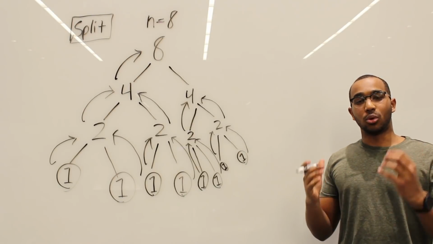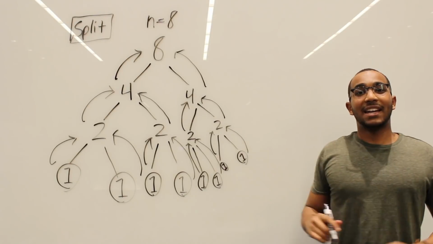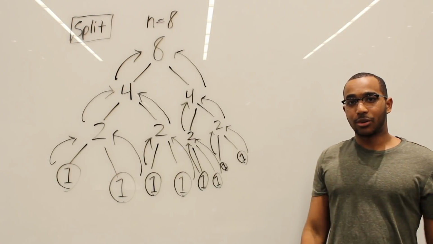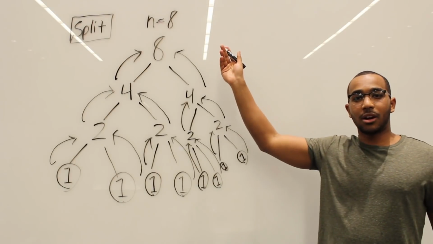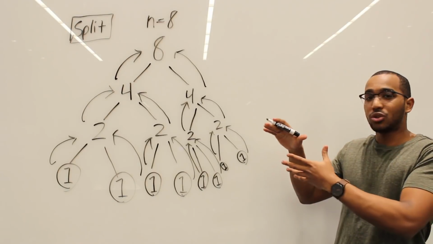Now 4 has a sorted list in its left and right. Merge them, return to my caller. And now 8 has a sorted list in its left and right. Merge them, and return to the caller, and we see the caller was the original person. So what we have is, we have a sorted list.